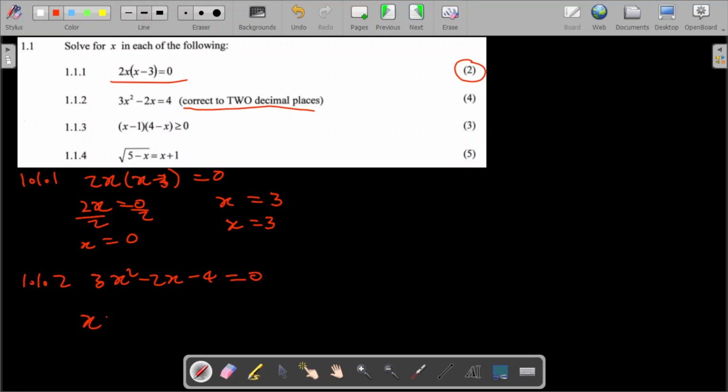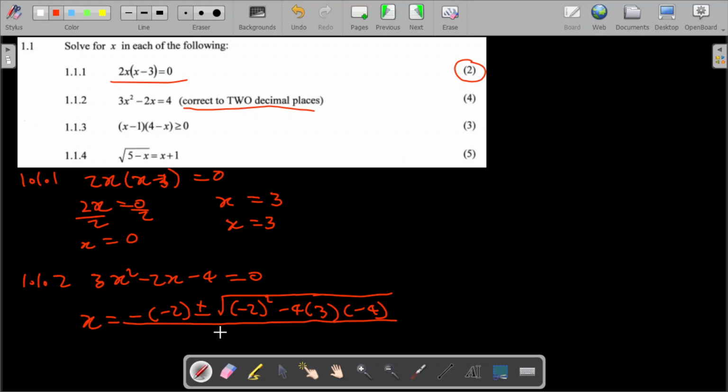So it's x equals negative b, which is minus 2, plus or minus the square root of negative 2 squared minus 4, a is 3, then my c is negative 4, all over 2,